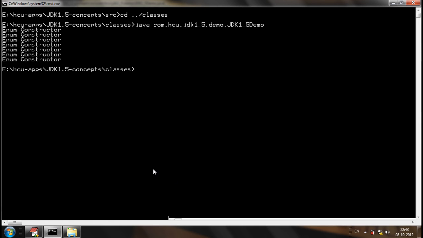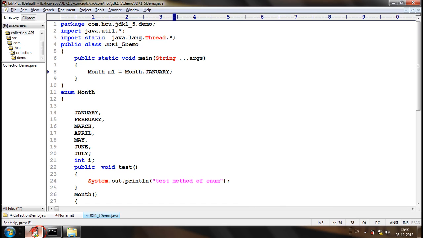7 times. Now, when are the enum objects created? Whenever the enum constant is used for the first time, then at that time itself all the enum objects are created.